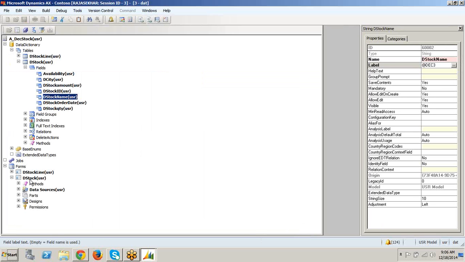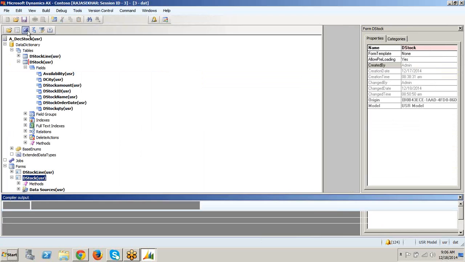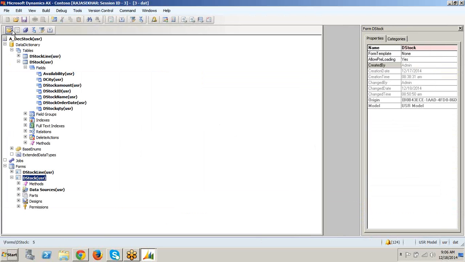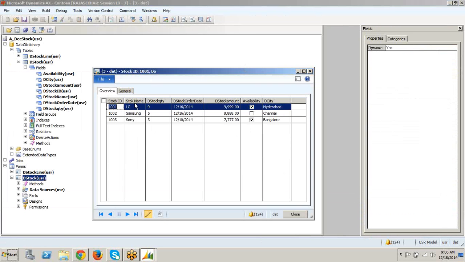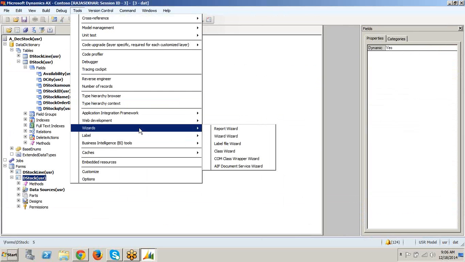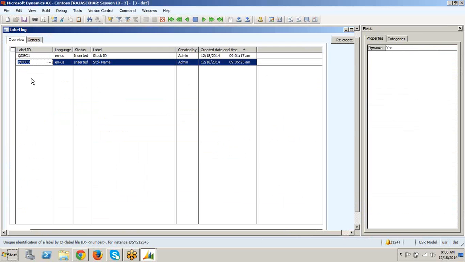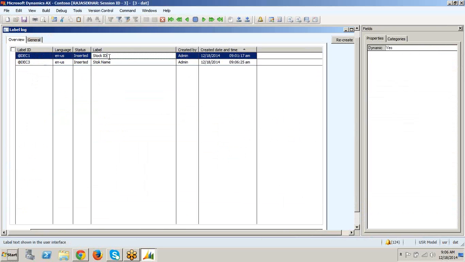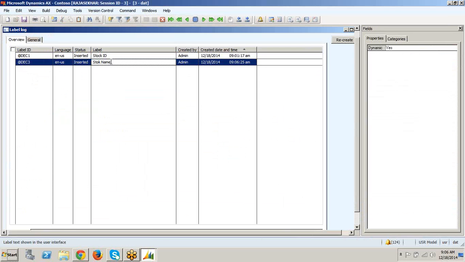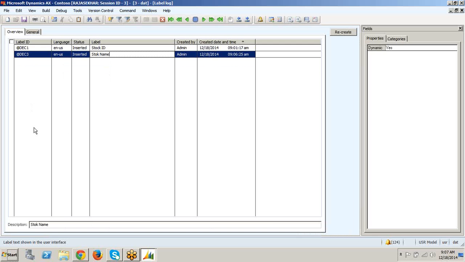Now what is there in DEC3? In DEC3 we got the stock name as a label. STOKNAME, stock name. Okay. In the label wizard, if you see the label log, we have the stock name. DEC1 means stock ID, DEC2 means stock name. Like that, if you go on creating the labels, you will get the complete logs of the labels here.